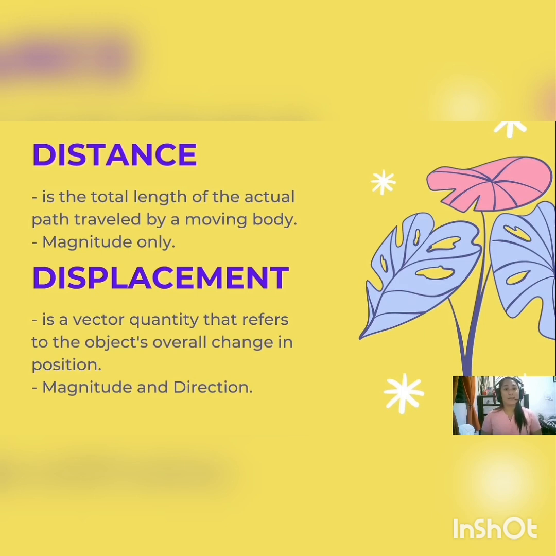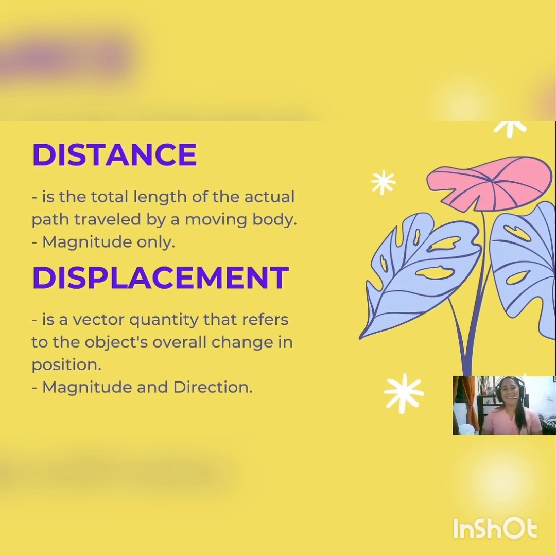So when we say distance, it is the total length of the actual path traveled by a moving body. So this is considered as a scalar quantity because it only refers to the magnitude. What do we mean when we say magnitude? Magnitude is the combination of numbers and unit. Let's say 7 meters or 5 meters or 10 kilometers. The numbers refers to the numerical data and the units such as kilometers and